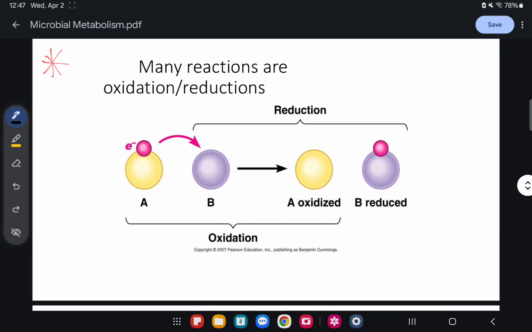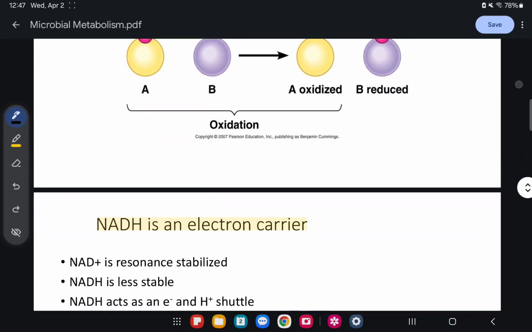Leo says, if OIL RIG is working for you, then you stick with that. That's fine. Okay, so our